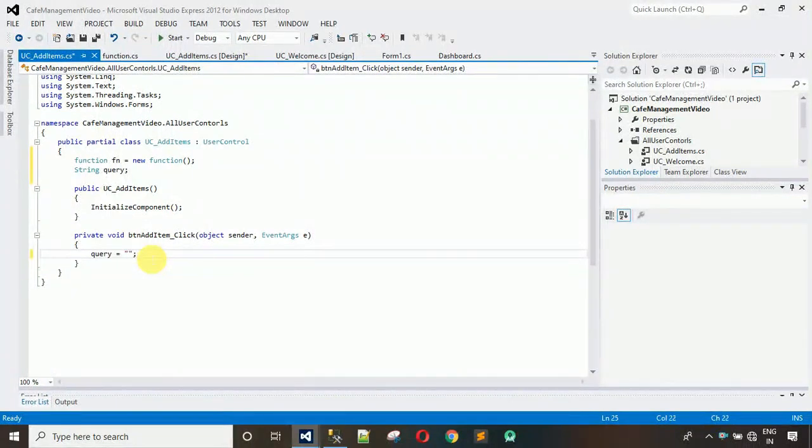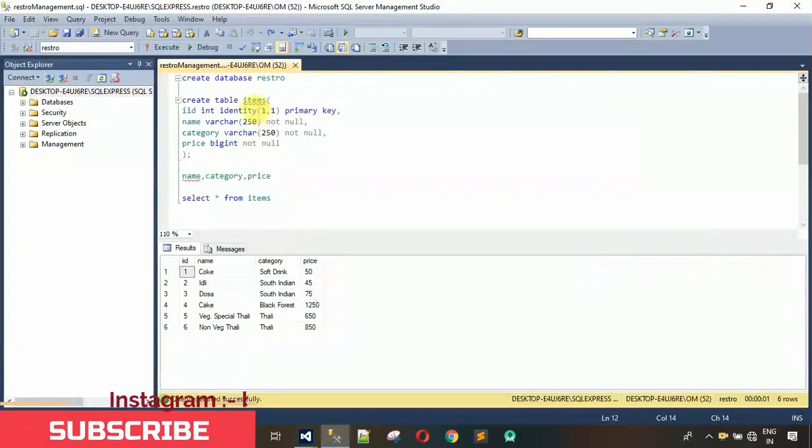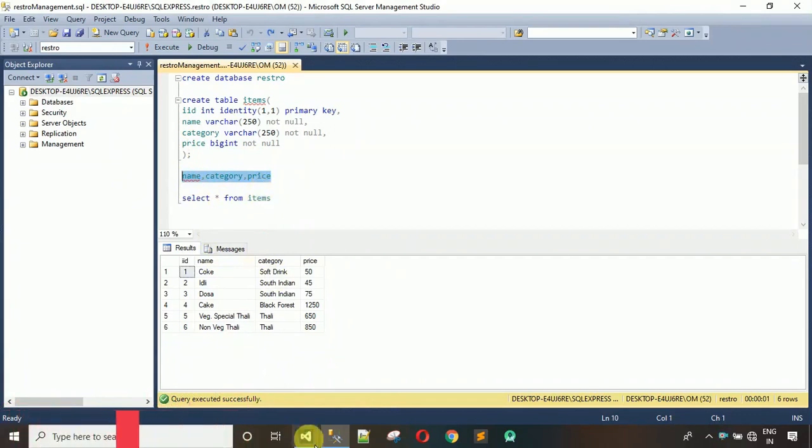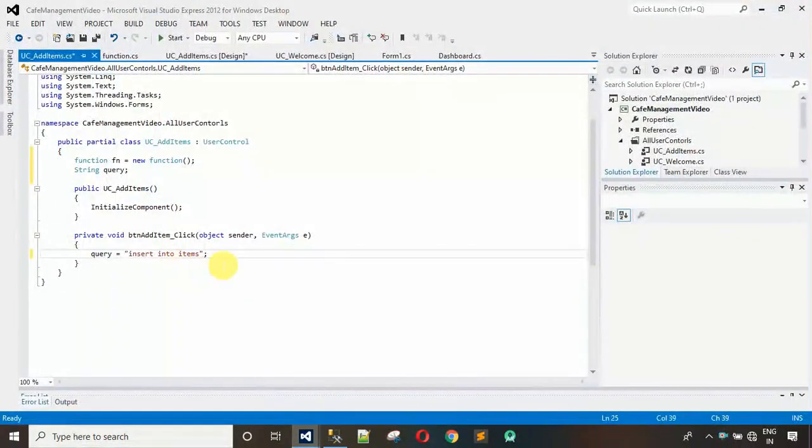this. So first thing we have to do is insert into the table name. My table name is items. Let me show you in my database. Move back over here. Here you can see this is items, and let me copy this. These are the names: first column name is names, second column is category, and third one is price. So I have copied these. Follow the same sequence, don't try to change these. Move back over here, and after items you have to put a bracket, and inside this place them like this. And after this you have to mention values,